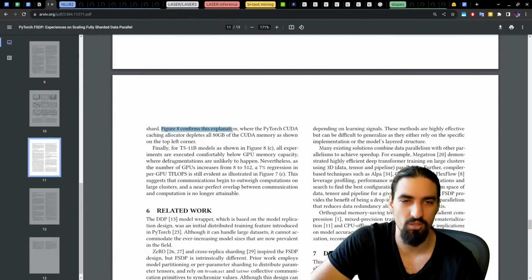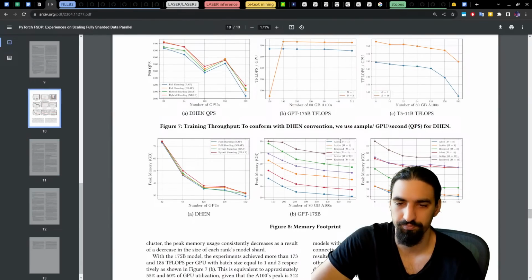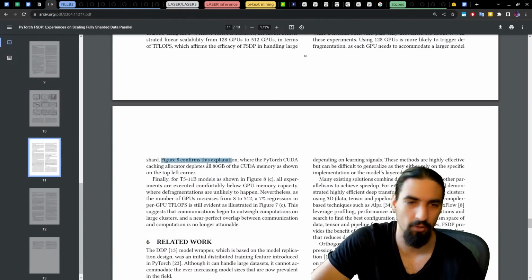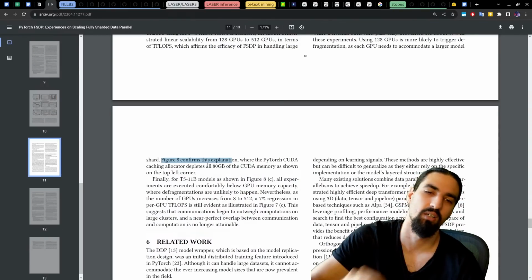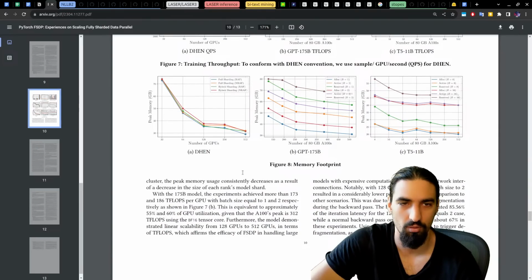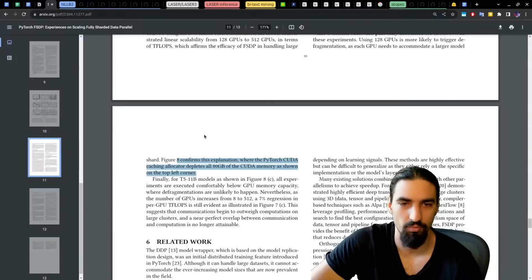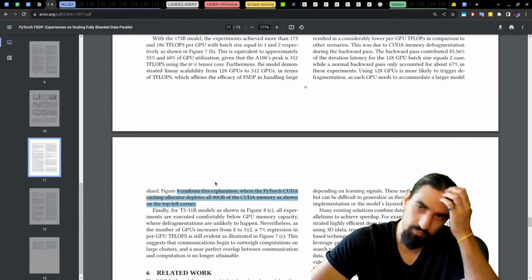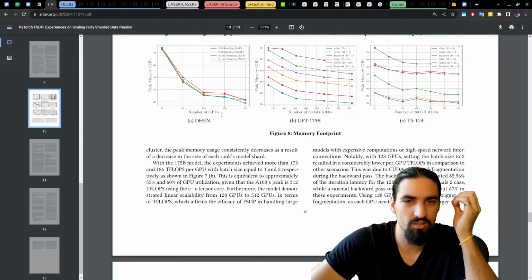Figure 8 confirms this explanation, where the PyTorch CUDA caching allocator depletes all 80 GB of the CUDA memory as shown on the top left corner. And that's 128, for the GPT 175B.